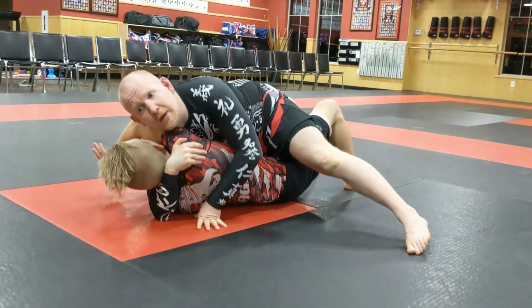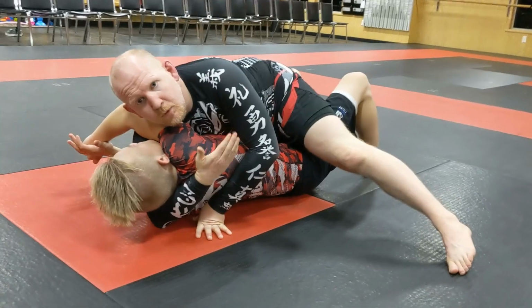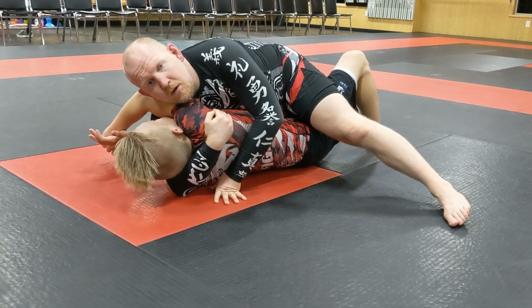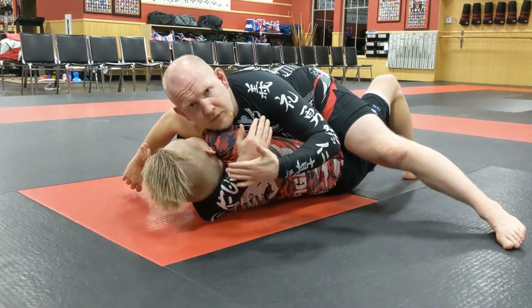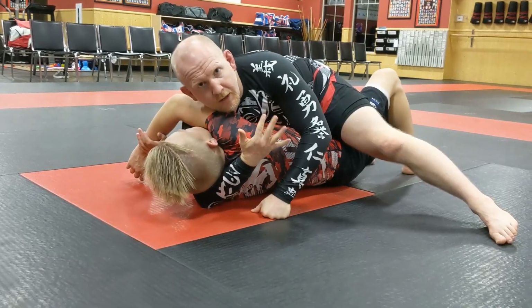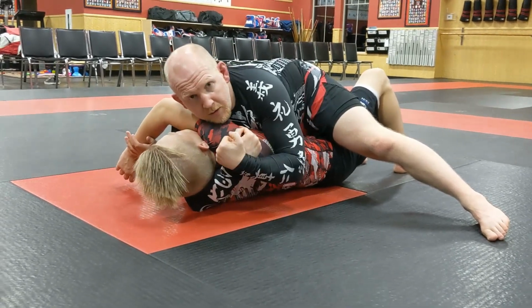So we've got our arm triangle choke. I've got Seth jacked up. I did my little cheat to get my hand through, and I'm going hand on the back of his shoulder, just like we did in the previous video for the death grip. Now, an alternate setup that I really like using as well is Gable grip, right here. Important on this, as opposed to the previous grip where I left my hand palm up onto his shoulder and then put it in place,